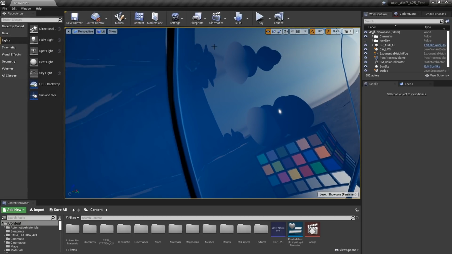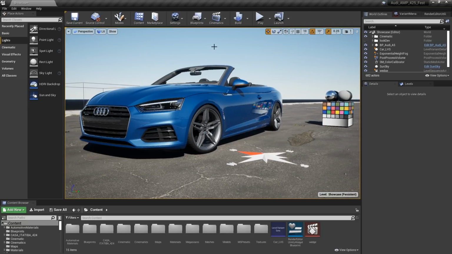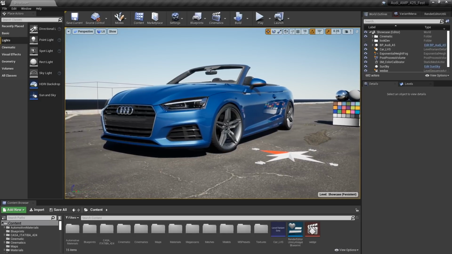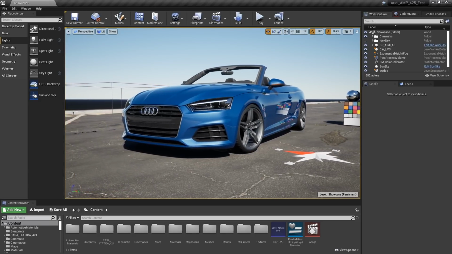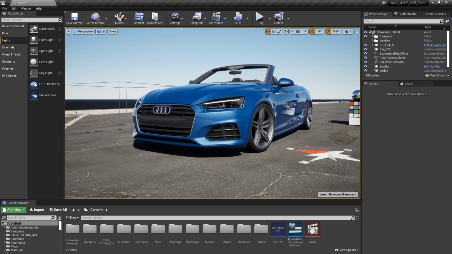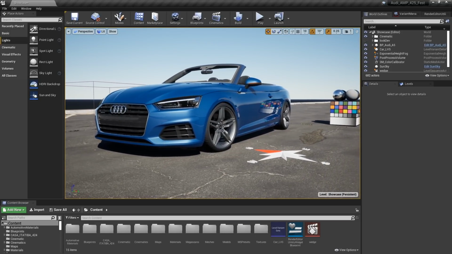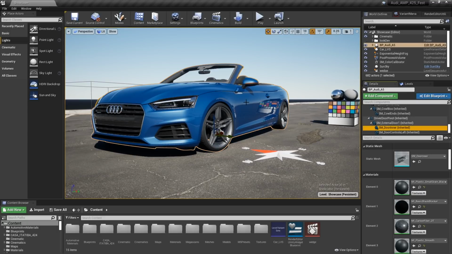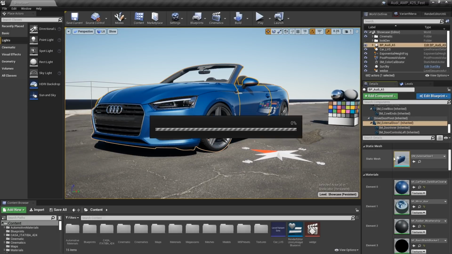So let's jump back out to the reflection on the door, and I'll start to move the car across the screen here. And you'll notice that even though our gbuffer has been set correctly, the door still has an issue. And the reason that's happening is because on the geometry level, there's actually an attribute that you may or may not need to turn on. So let's go ahead and bring up the static mesh editor for this door and check that out.